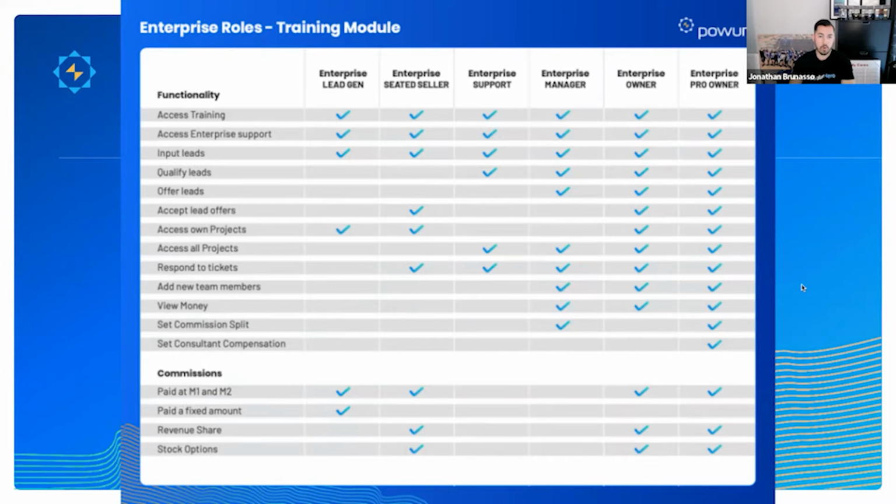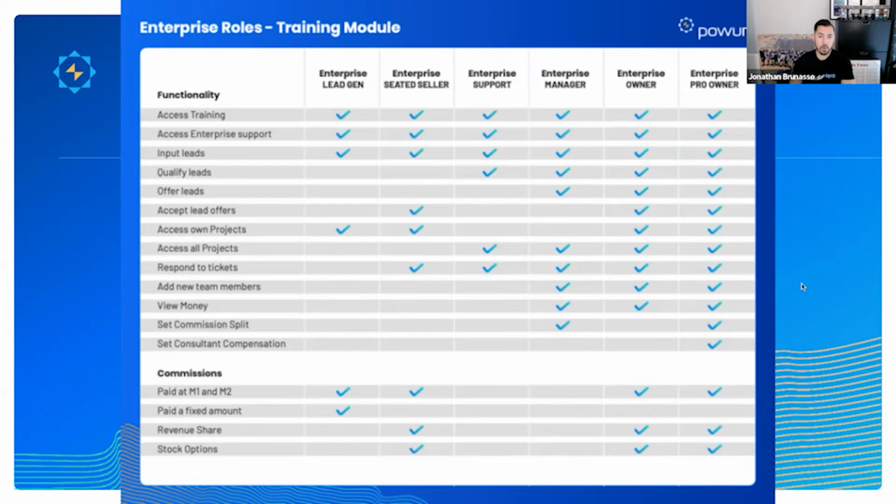And then I do want to say one thing too. One of the features of Enterprise is that you can give out leads to any tier 2 or tier 3 in the platform at a defined split. So if you were to upgrade your account to Enterprise Normal today, you could put in a lead and assign it to any tier 2 or any tier 3 in the platform and say, hey, I'm offering you 40%, I get 60%. Hey, I'm offering you 30%, I get 70%. So you can literally define how much that closer is going to get.